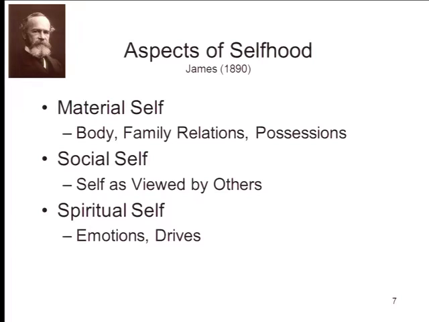Then there's the social self, which James defined as the self as he or she is viewed by other people. We have some kind of internal representation of that. And then finally, what James called the spiritual self, by which he didn't mean anything to do with religion exactly, but really had to do with more internal states of feeling and drives and motives and emotions and all of that kind of stuff. So in James's chapter on the self, this is what he's all about. He kind of talks about this as he thinks it's settled.